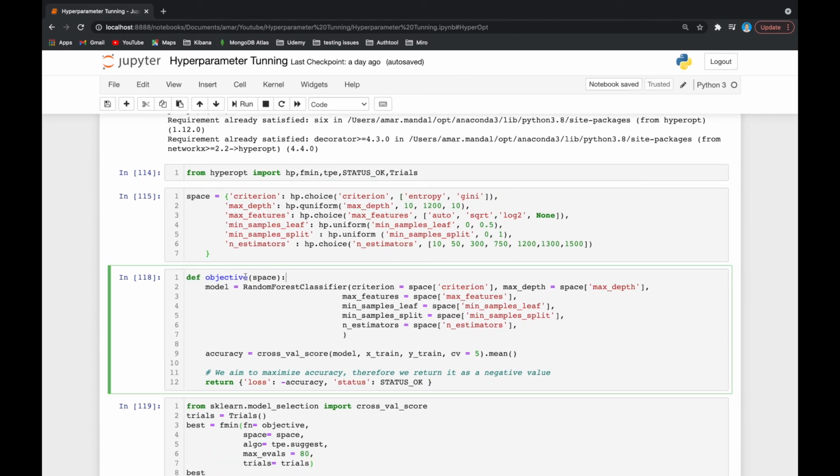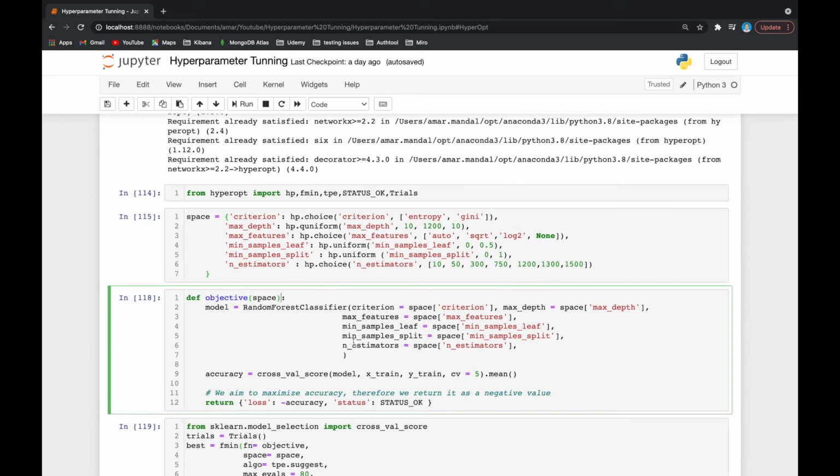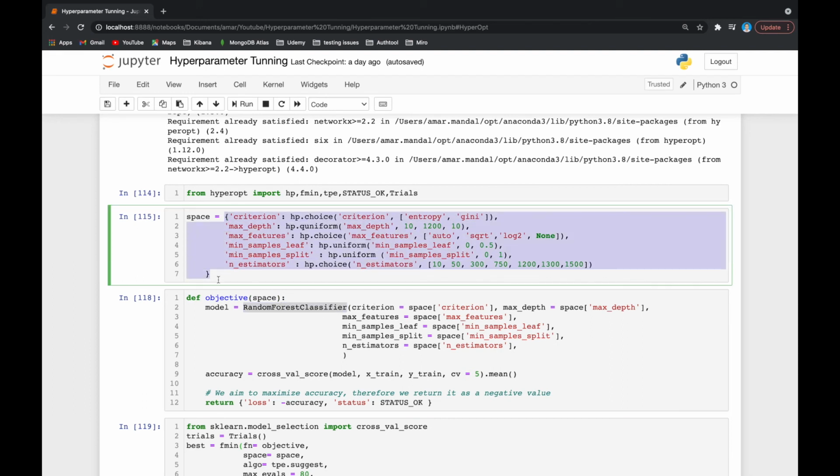Like we have seen in Optuna, we have to create a function. Likewise, we have to create an objective function in HyperOpt. So in this random forest classifier, we are passing this dictionary one by one. From criterion, it will take the criterion value.